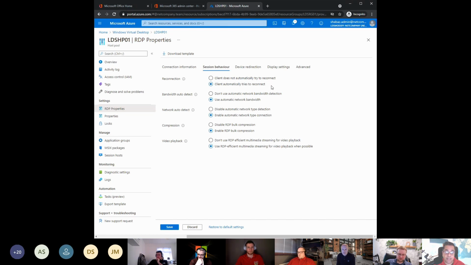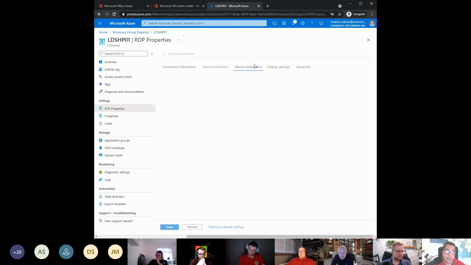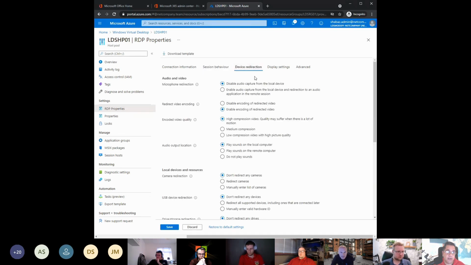There are also points about bandwidth you can change, and network auto detect. These are all properties that traditionally in RDS on premises you could configure. Good old device redirection. I know we've all probably had a bit of fun with that in RDS on premises, trying to redirect USB keys and webcams and stuff like that.